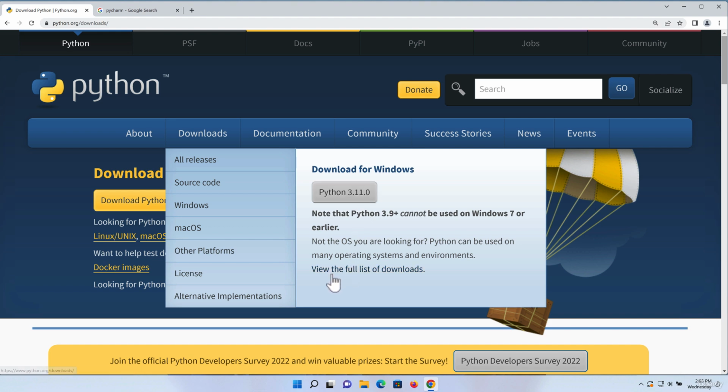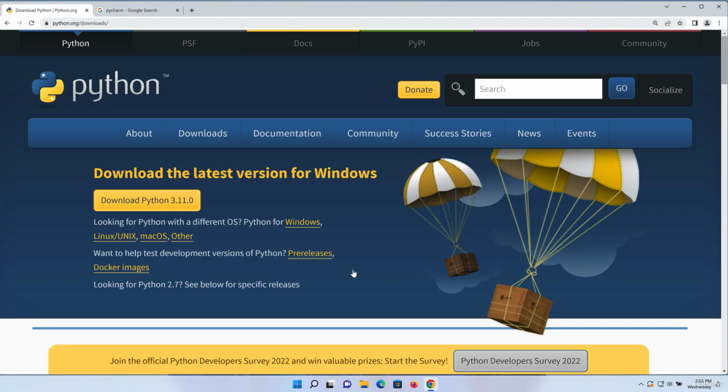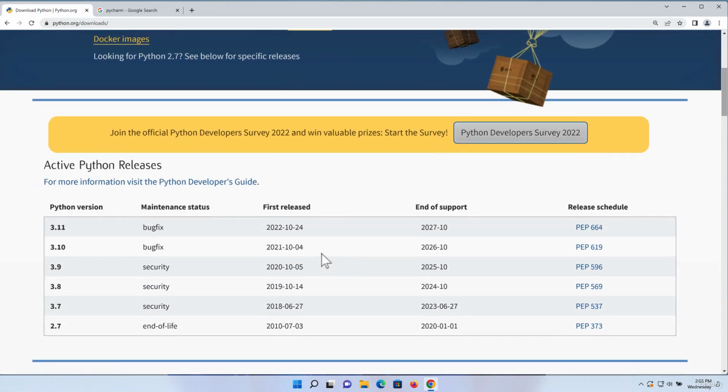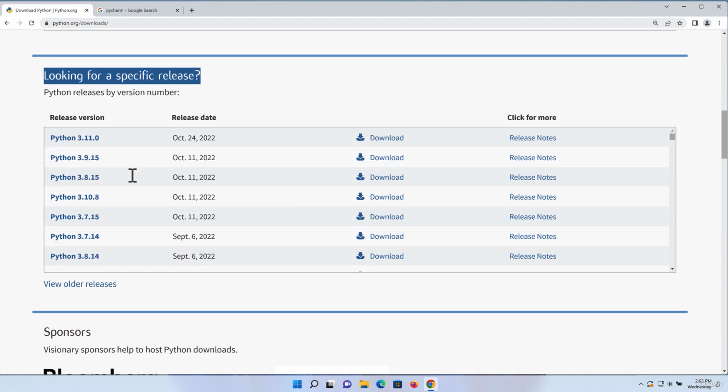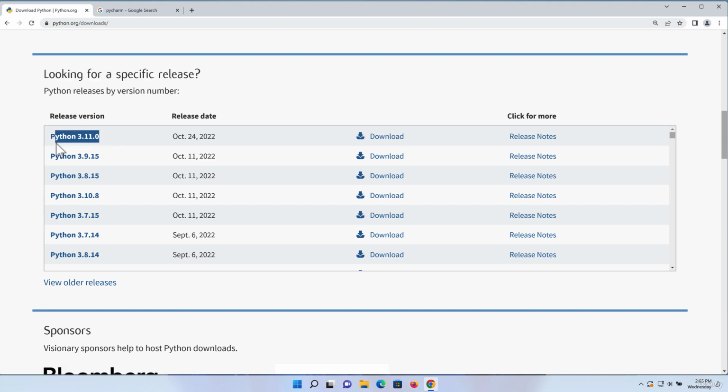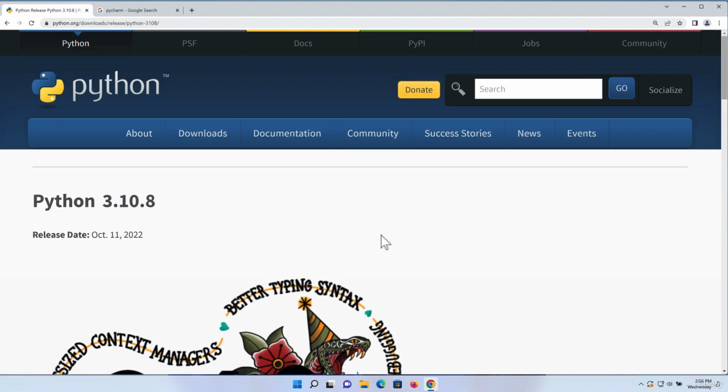For that, you should go to this button, view the full list of downloads, and then scroll down here and further down until you see this section, looking for a specific release. Again, the first version will be the current version, so you want to find the version below that, which is in my case Python 3.10. The last number doesn't matter. So if the current version is 3.12, you should find down here 3.11 and so on. So I'll download 3.10.8. To do that, you should press this button, and that will take you to another page